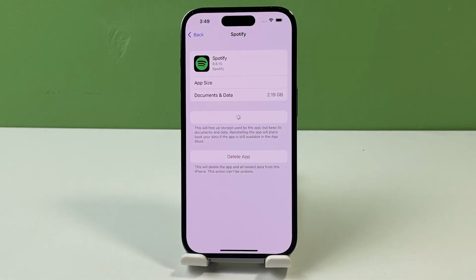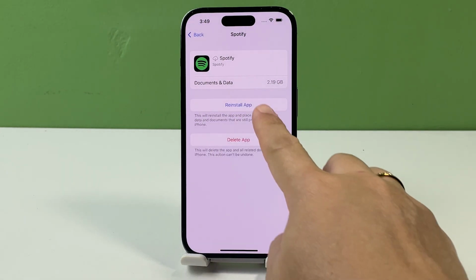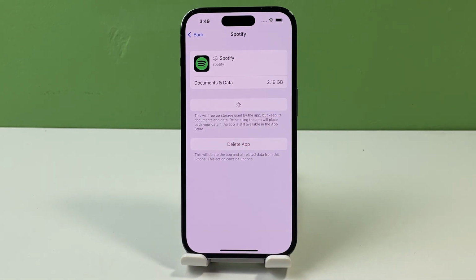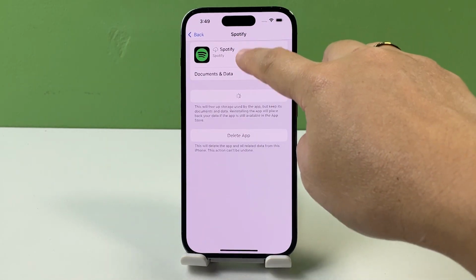Should you wish to reinstall the app, simply tap the Reinstall App button or tap on the app's icon from the home screen of your iPhone. Reinstalling the app will place back all your data for as long as the app is still available in the